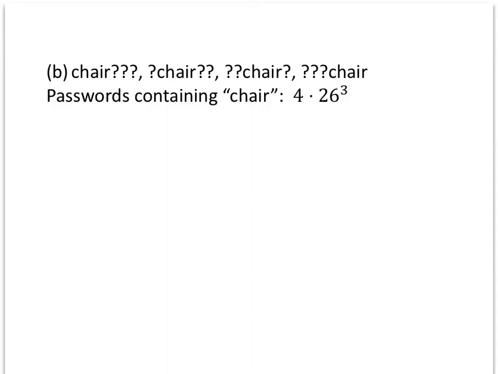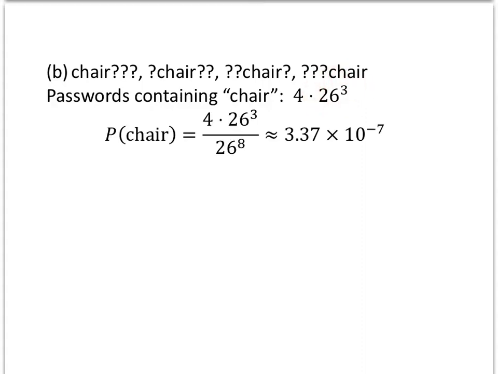Now, you might say, well, how come I can repeat the letters? Now, we've moved on to a separate problem, so because it doesn't say that letters can't be repeated, I use 26 to the third. And so the probability that chair appears, that's just the way I'm going to write this, is the number in our event, 4 times 26 cubed, divided by 26 to the 8th, which is a really, really extraordinarily tiny number,